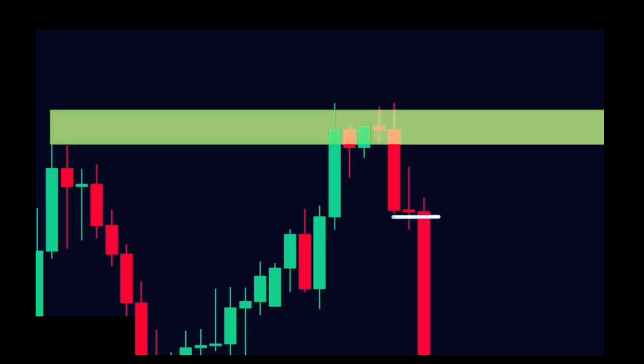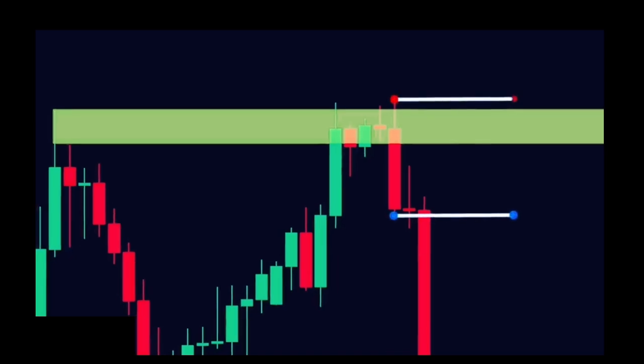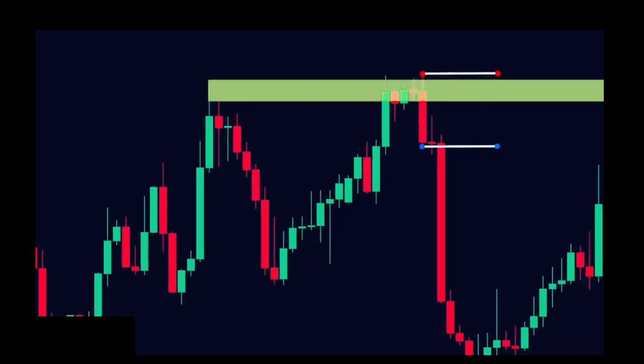So we place a sell trade at this candle's low and set our stop loss above the high. For our targets, we can target these 2 lows. And as you can see, the price achieved our targets. I hope you have now understood how to use these candlesticks for